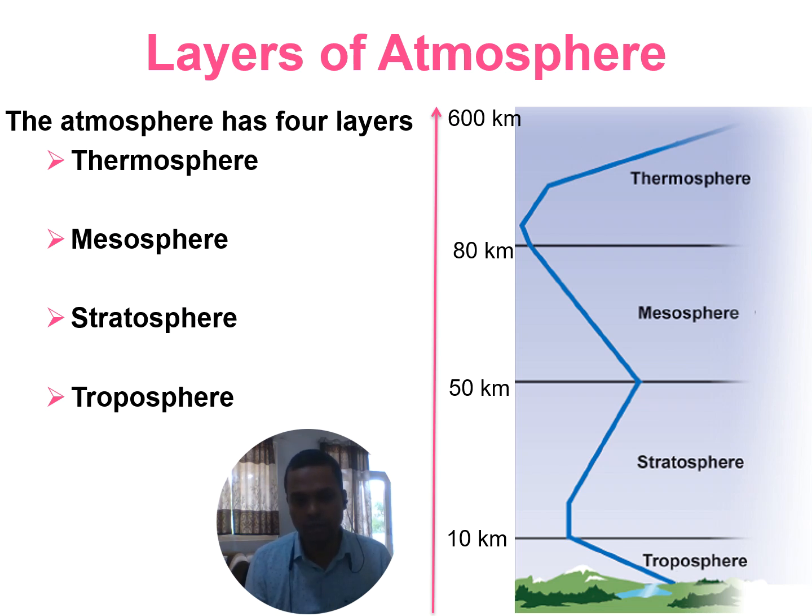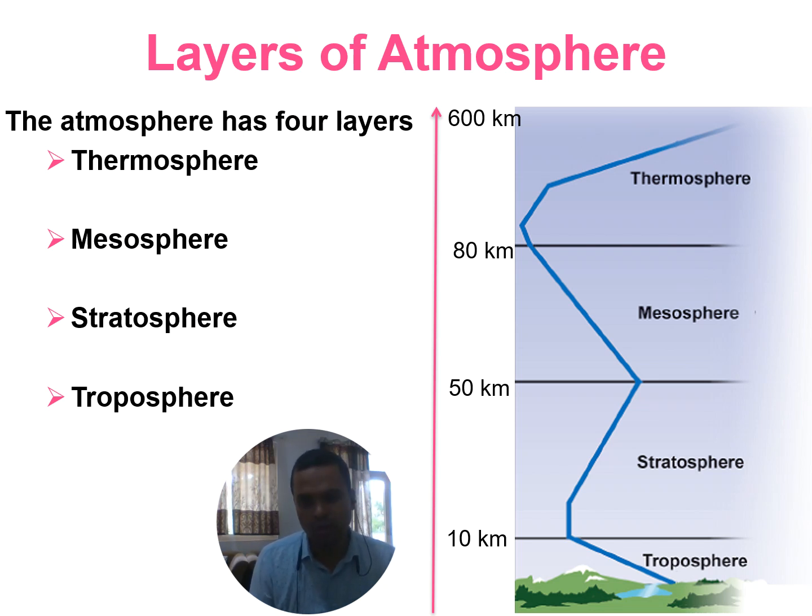Basically, you can see until 10 kilometers we have the troposphere, where everything happens, in the sense of all the weather and all the changes we see. Then from 10 to 50 kilometers, the layer is called the stratosphere, and then we have the mesosphere, and finally the thermosphere. So the troposphere is our bottom layer, from the earth surface to 10 kilometers. Then 10 to 50 we have the stratosphere, 50 to 80 the mesosphere, and 80 to 600 kilometers